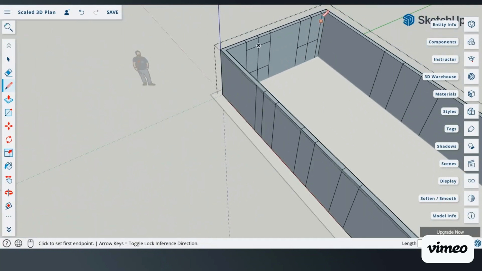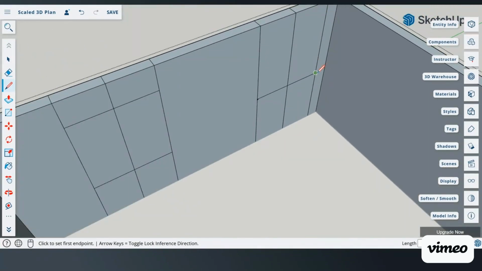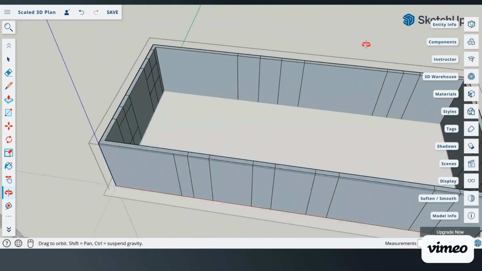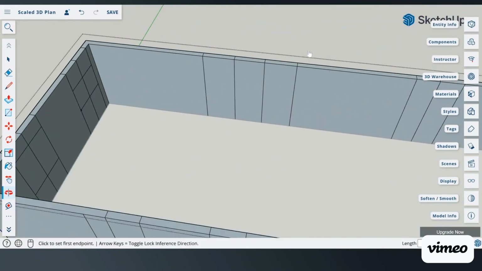making sure that I am on the green axis, and then measure up a height of this window. Let's make it 2 feet 6 inches. And then find where that endpoint is and come across. Going through the drawing, let's use our orbit tool and just repeat this all the way around. So we're going to make our windows the same here for this